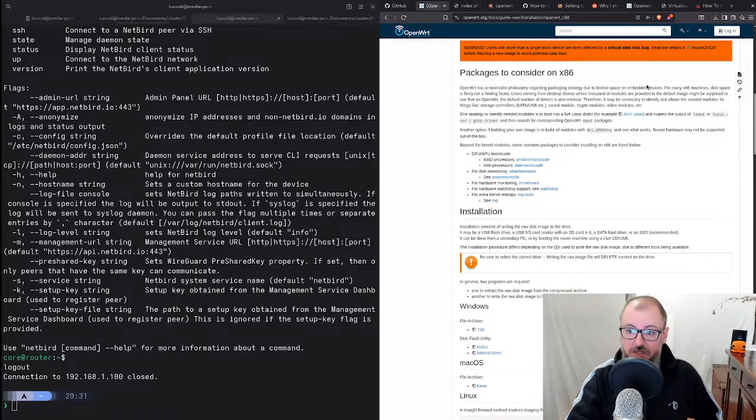For many x86 machines, this space is likely not a limiting factor. Users coming from desktop distros, where thousands of modules are provided in the default image, might be surprised to see that on OpenWRT the default number of drivers is also minimal. Therefore, it may be necessary to identify and obtain the needed modules for things like storage controllers, sound module, crypto